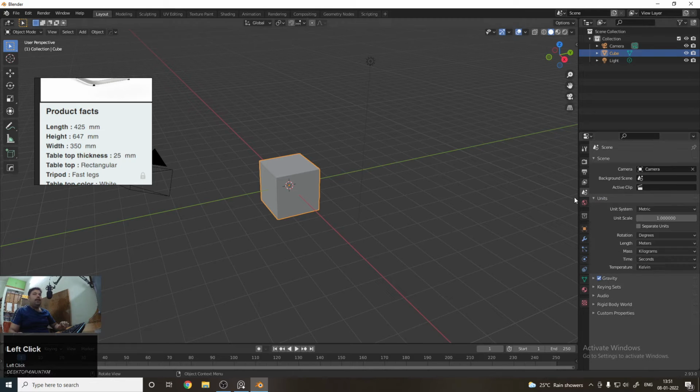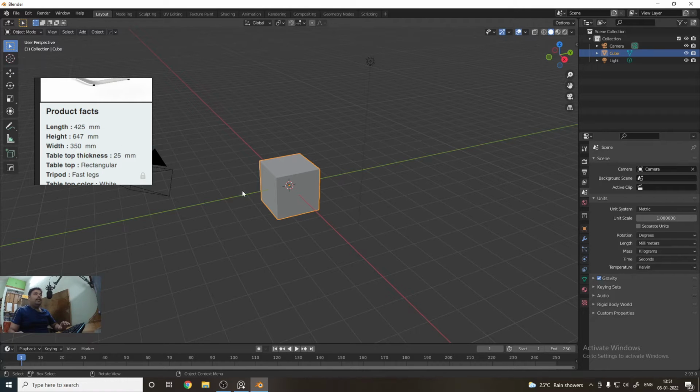Click on it. After that, you can see there is a meters option, but we want it in mm. So here there is an option known as millimeter. Just set it to it, and you can see that our viewport has been set to millimeters. So now we are ready to go.